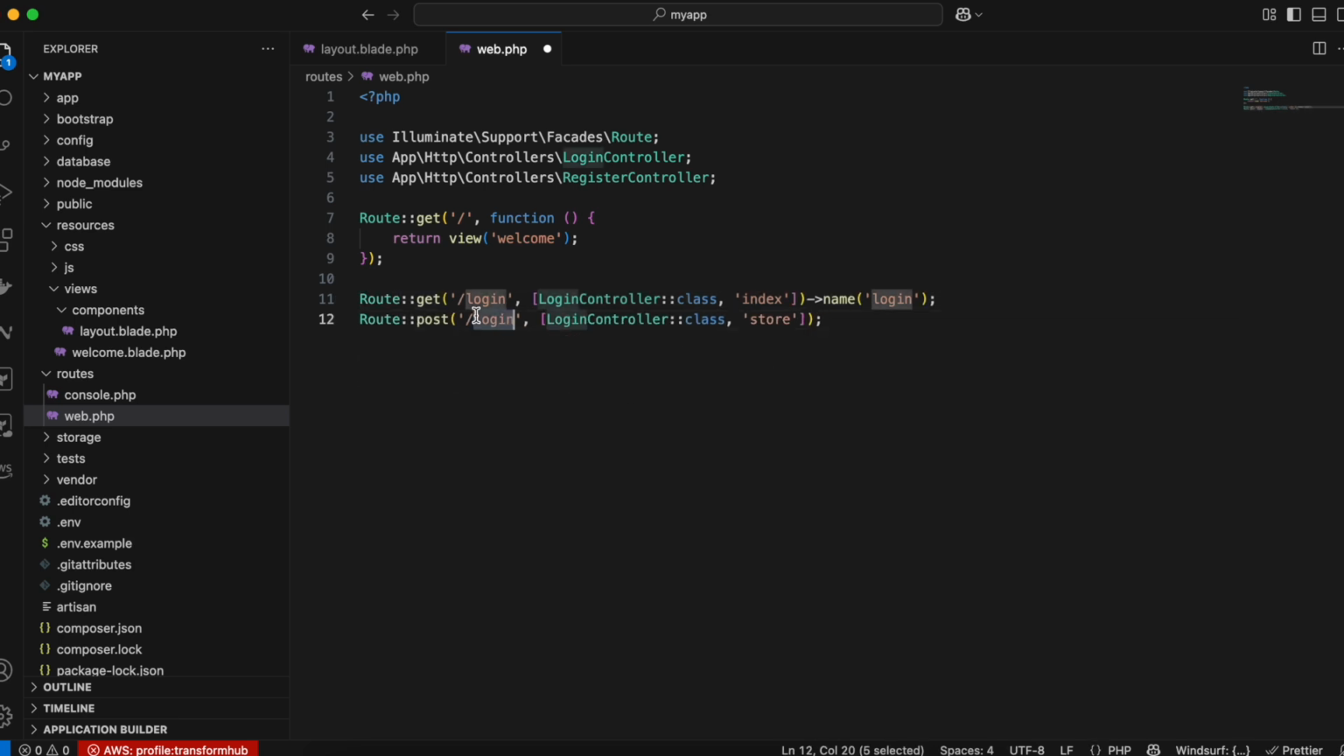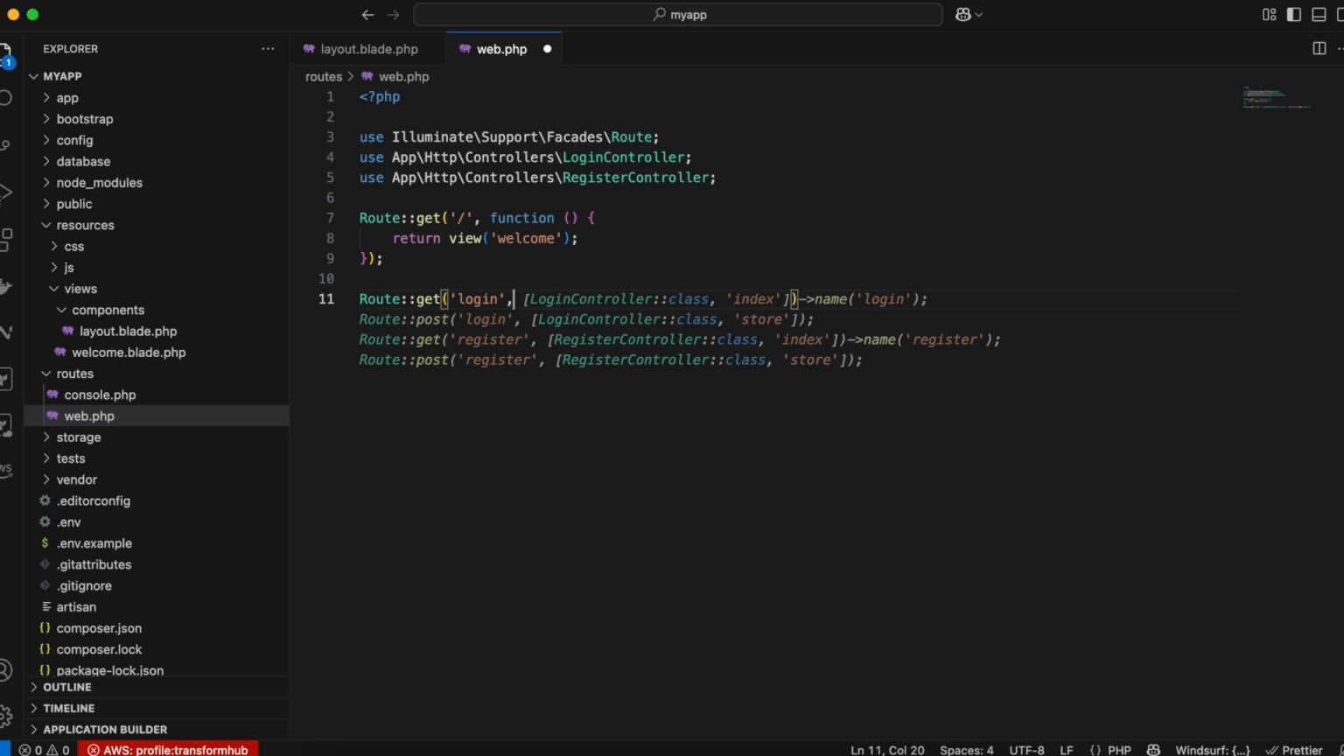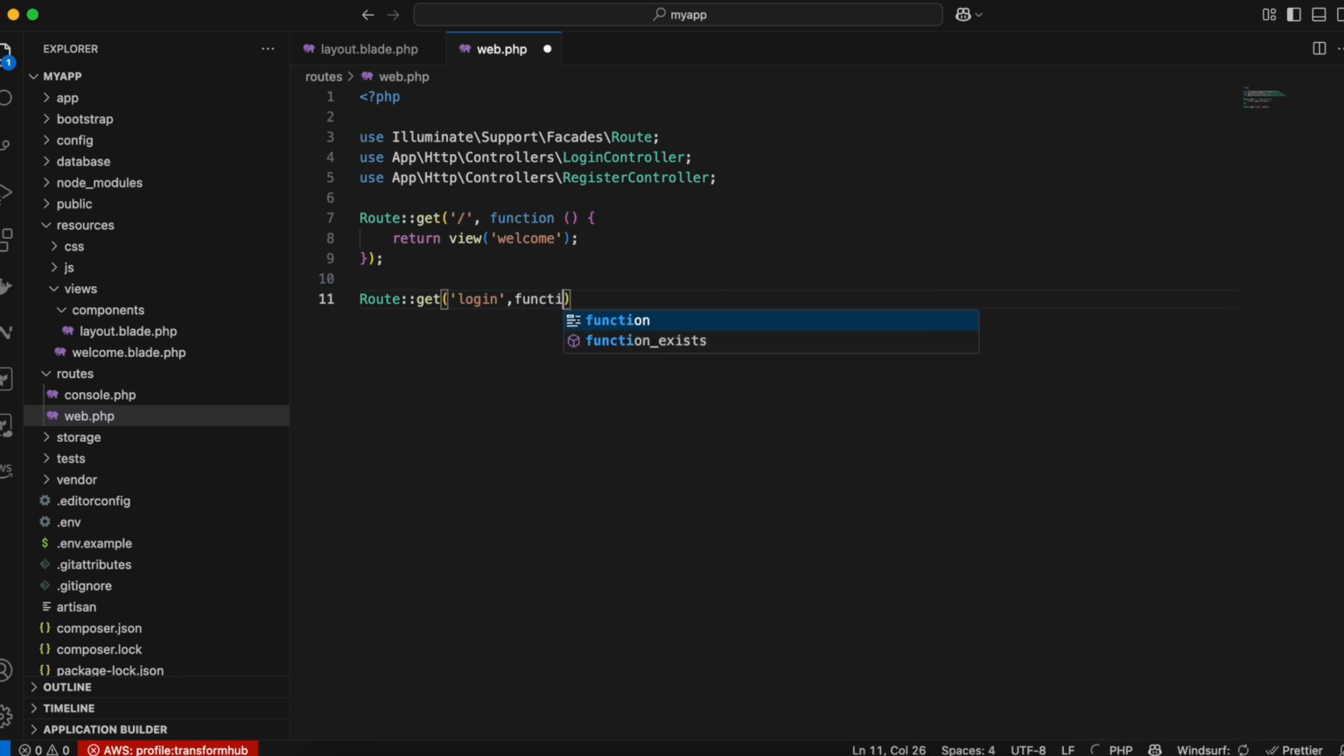Here you can see Route::get('/login'). Okay, I don't want it like this. You can see the AI has messed it up, so I don't want it like this. I'll just do get, I'll do it myself. So this is the login route, and here I'll create a function,